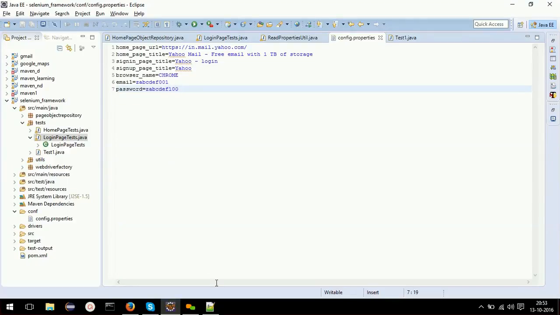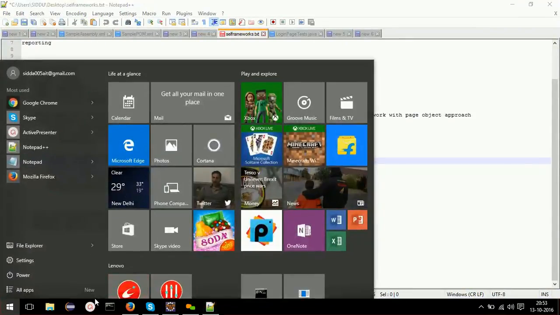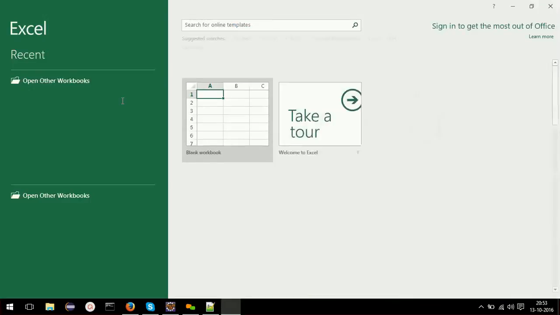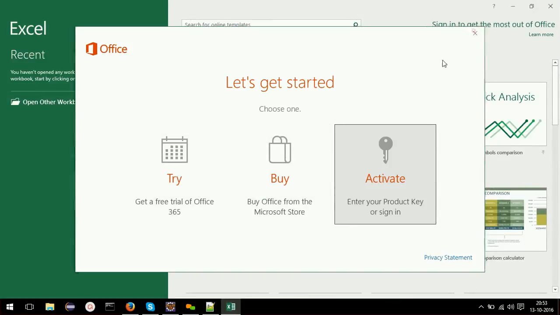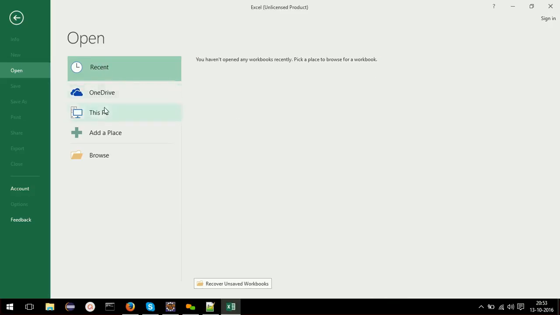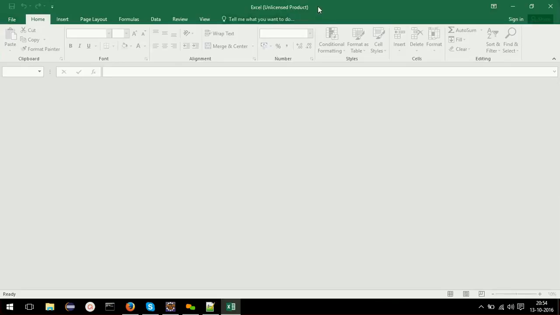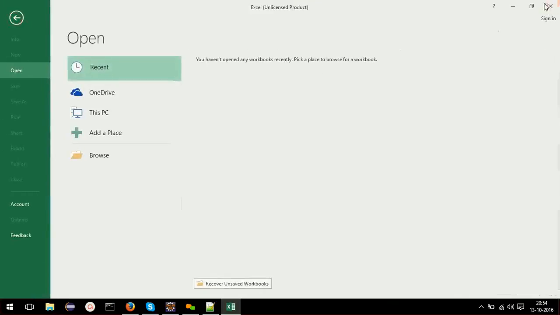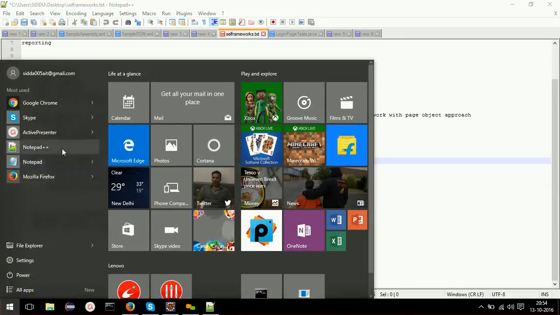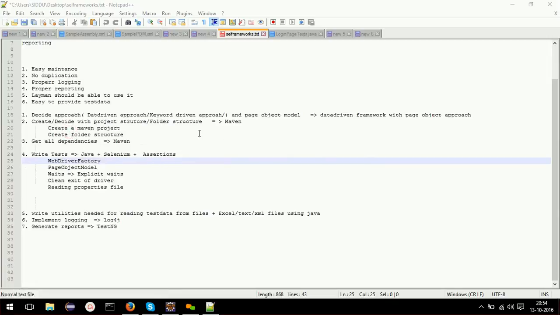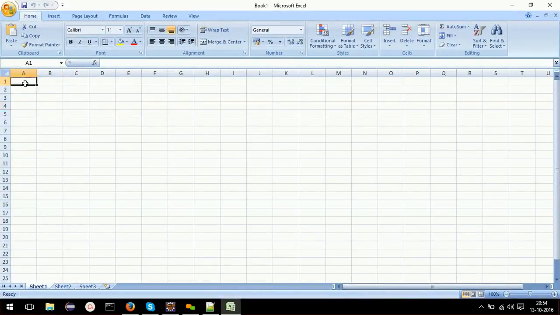But when we actually test, we need to test multiple combinations. I will show you the combinations.